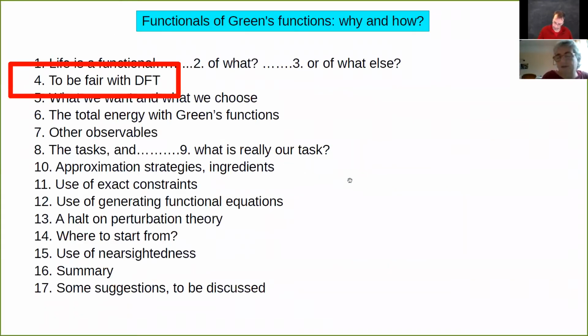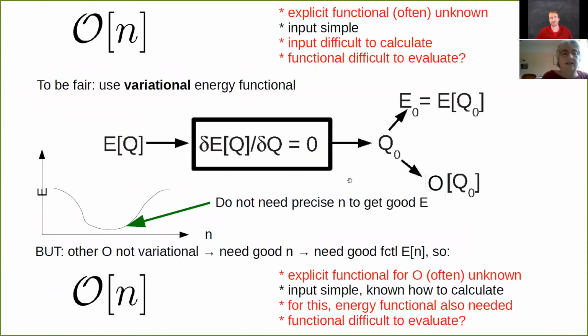This sounds terrible, but to be fair with density functional theory, we must say that there is a solution to at least one of these problems. And that is the fact that we have a variational principle. And the energy in density functional theory can be written as a variational functional of the density. And so if we minimize the energy with respect to this density, we will find the ground state density of the system. So here the quantity Q plays the role of the density, and we have the strategy that we